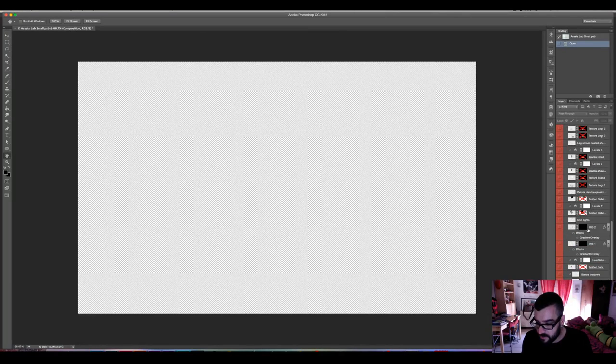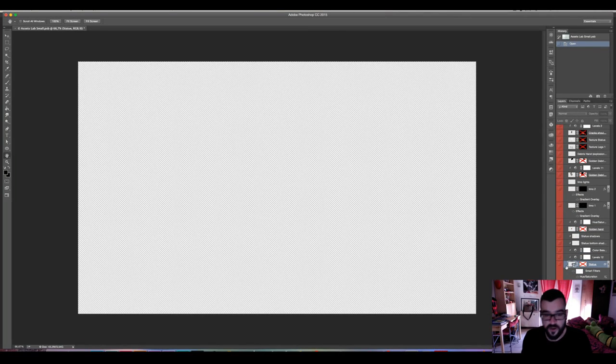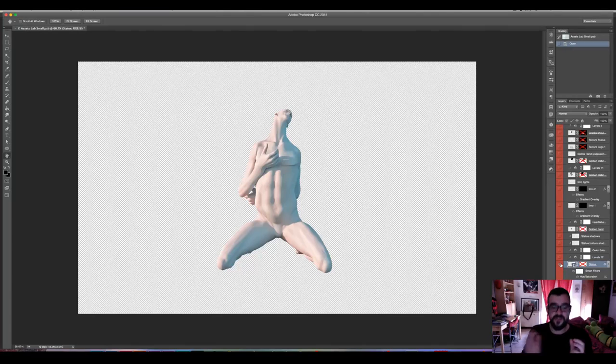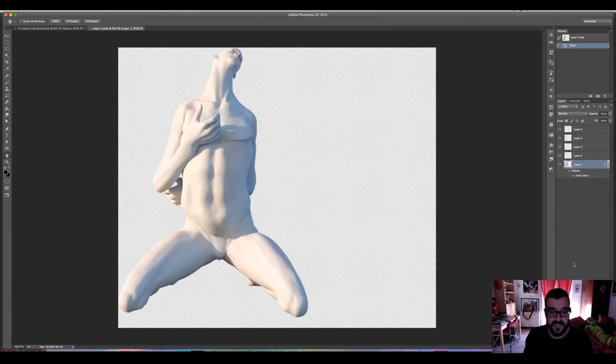I place it here. I'm going to spend most of the masterclass browsing through layers, but please bear with me because there are hundreds of them. So this is the main element of our composition. It's a 3D figure I modeled in another software. I have to say I'm no 3D artist, so I had to use Photoshop to edit my renders because they don't render very well, to be honest. So I placed the image and I turned it into a smart object, so I can edit it in a different window in a non-destructive way.